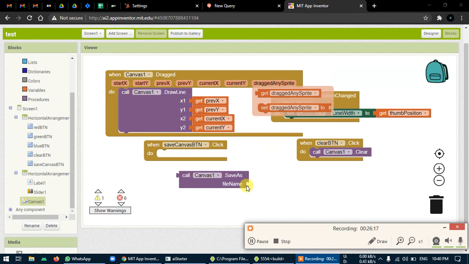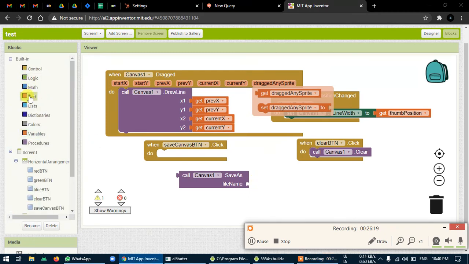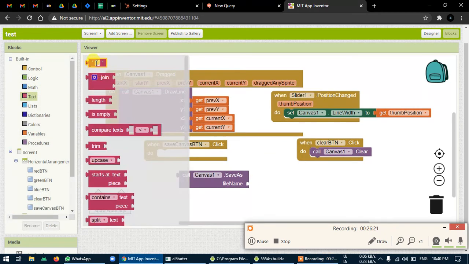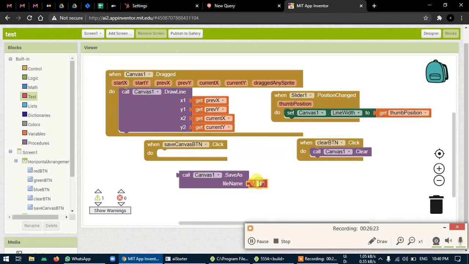Suppose I just give a file name here, my canvas, but you have to put a slash also, because if you want to store anything on your internal storage, you must start with that slash. Let's give the folder name as DEMO in capital, and then one dot jpg. It could be either jpg, jpeg, or png.